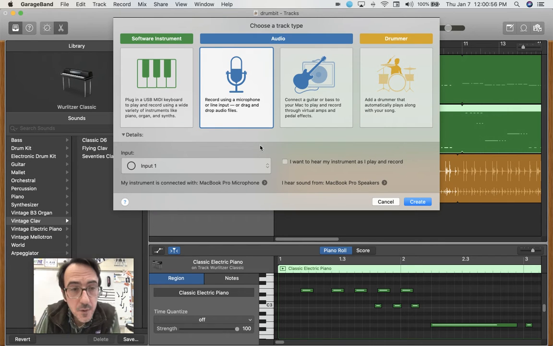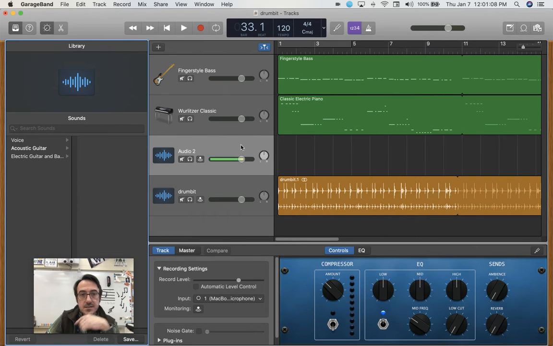Now, whenever we are recording ourselves over something else, you got to wear headphones, otherwise you're going to hear the background thing, okay? So I'm going to create a new audio track with the microphone. Here it is. And if I say check, check, check, you see that it's moving around. Check, check. All right. So once again, I need to make sure that the track I want to record on